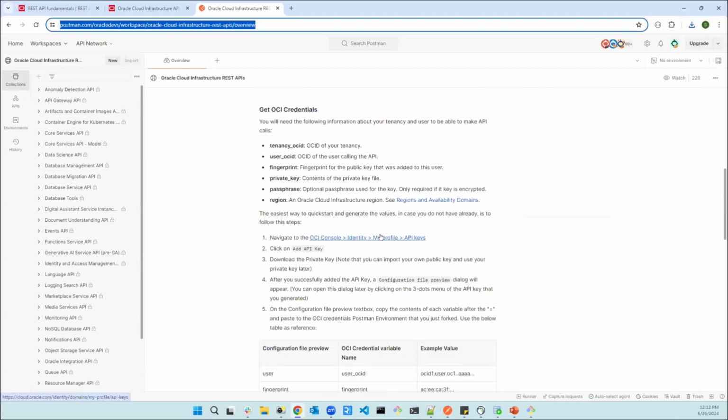And if you're familiar with OCI and if you've used the OCI CLI before, the command line interface, some of these values will start to look familiar. Anytime you make an API call, you'll need all the OCIDs along with the fingerprint, private key, and region, and so forth. And so now that I've exported out a service, what I'll do is I'll jump over to my